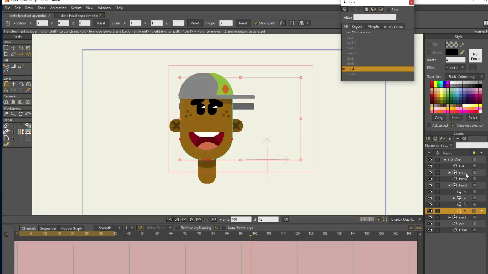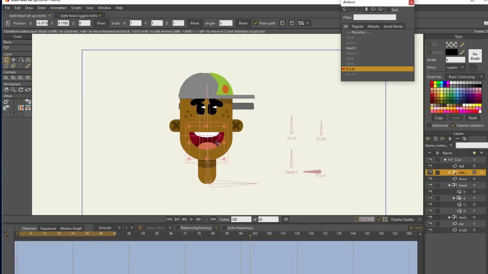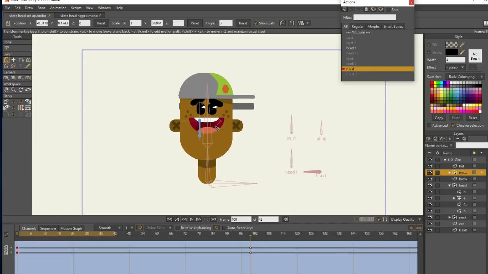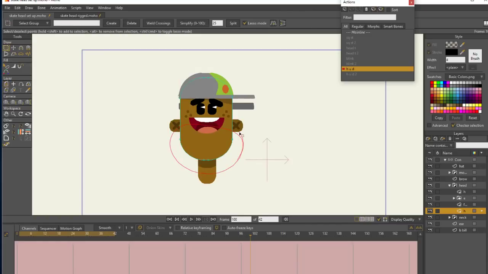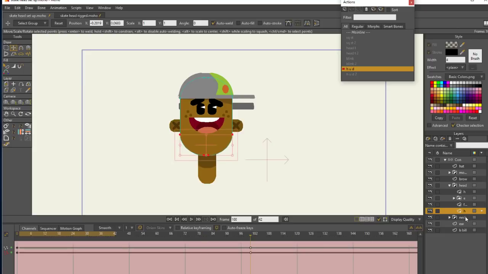Let's go back up to our mouth shape here. Holding down that shift, bringing it up, and then I'm going to shrink it just a little bit. Bring it up, something like that. All right, and then I'm going to go back to that head shape. And I'm just going to move these bottom just a little bit. Bring that chin up, hold down shift, bring it straight up, just like that. So select them linear,